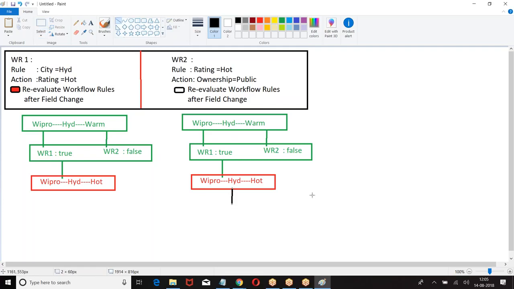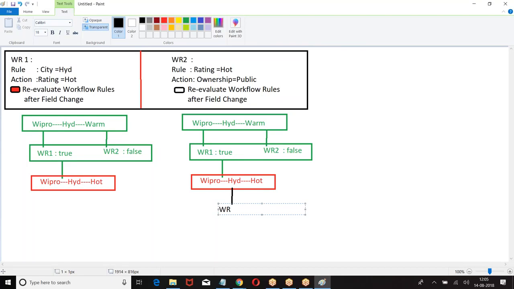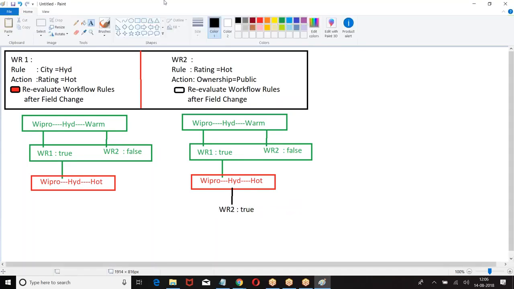Which rules failed? Workflow number 2 failed. Cross-check now. Once again, when you check, then perform the action.